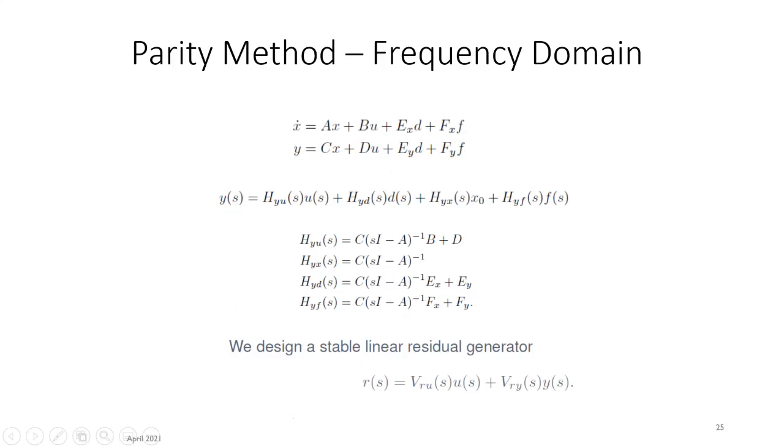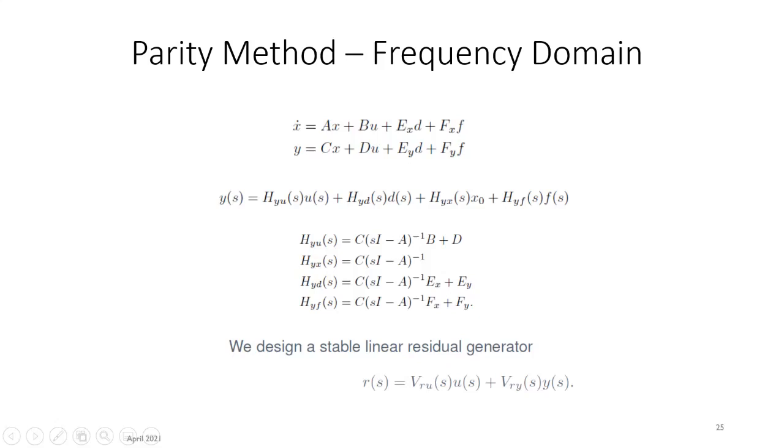If you take the Laplace of the left side, the Laplace of x dot is actually s multiplied by x of s minus x0, the initial value of x. Then if you take the Laplace of the right, it's easily A multiplied by x. So in the left side you have s multiplied by x, and in the right you have A multiplied by x. If you factor out x and bring everything to the left, you will get sI minus A. I'm not writing that because I believe you have seen that. Anyway, if you do that and use the superposition algorithm, you will see that y in the Laplace domain